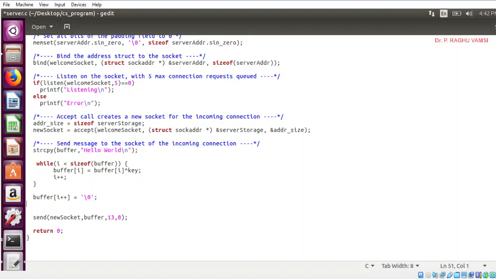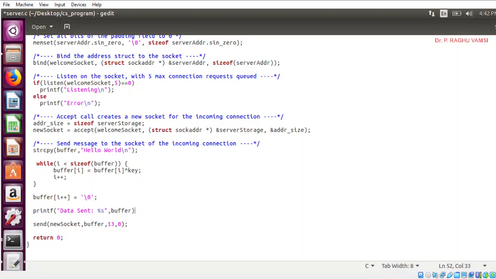Now we can test whether the data is encrypted or not. printf("data sent is %s", buffer).